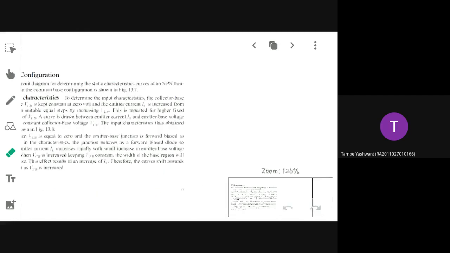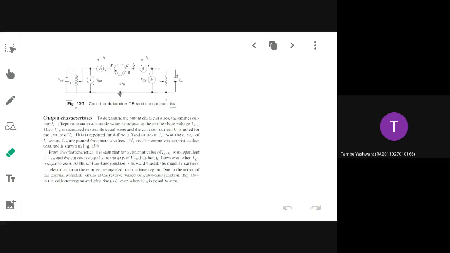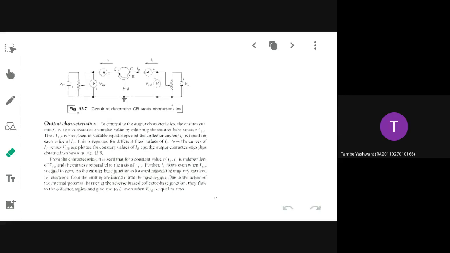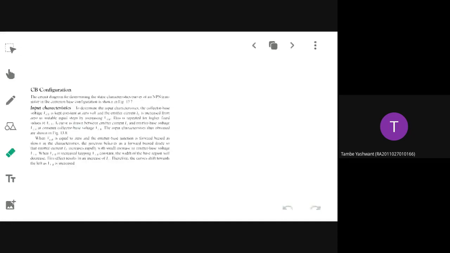Okay. So next, you already know that there are two sets of characteristics that you have drawn in your lab. What are the two characteristics that you have drawn for a BJT? Input and output characteristics. Now we are going to discuss how to draw the characteristics. First, for a CB configuration, if you are able to discuss it, the same will be applicable for the other two configurations also. Remember that I will be teaching you one or two configurations only. The remaining configurations you should learn.